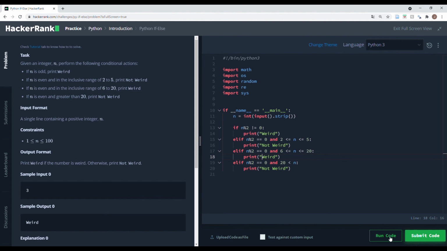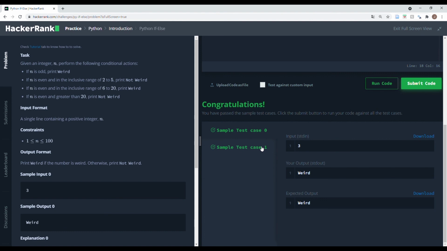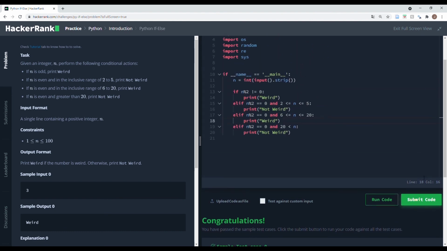Okay, so let's give that a try. Yeah, and that looks good. So we'll submit our code,